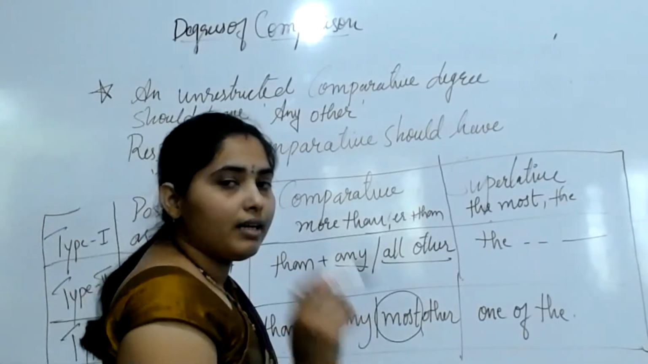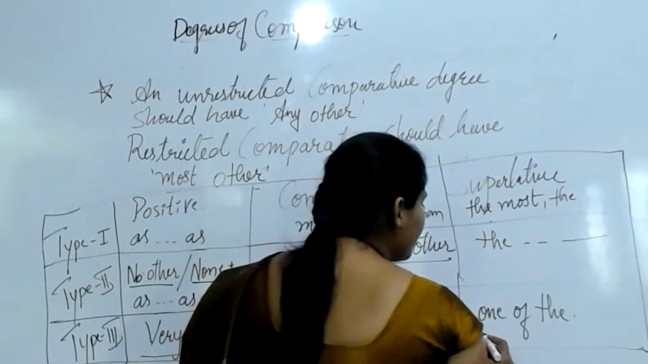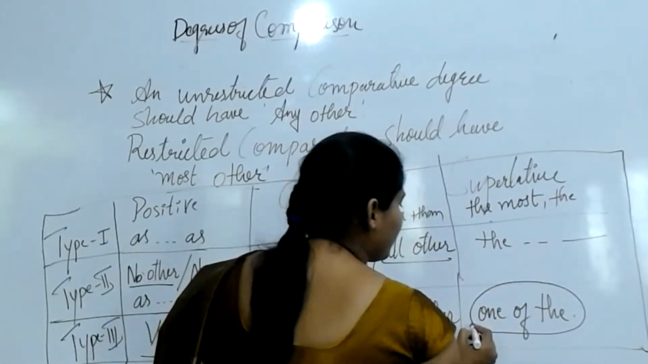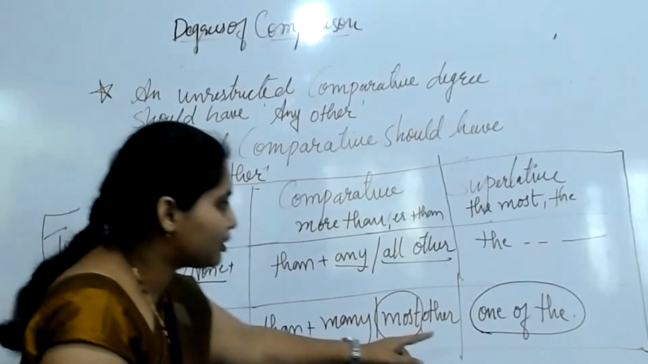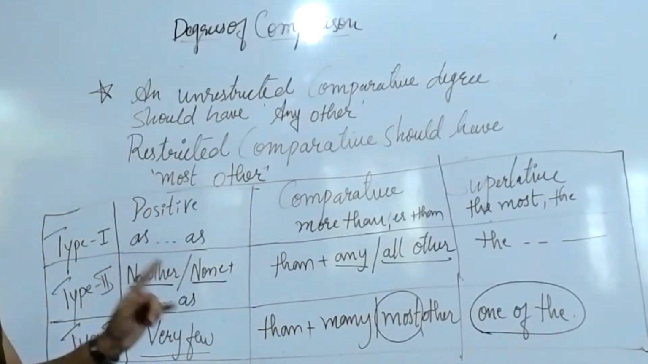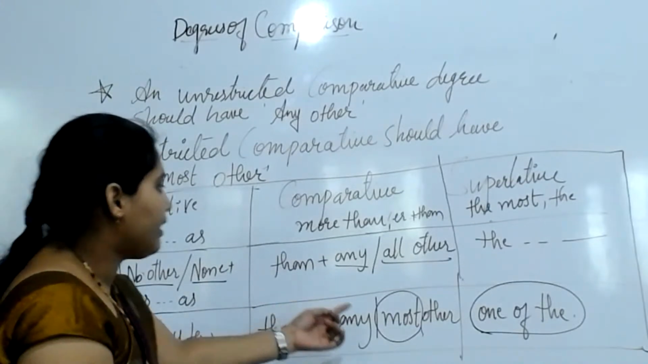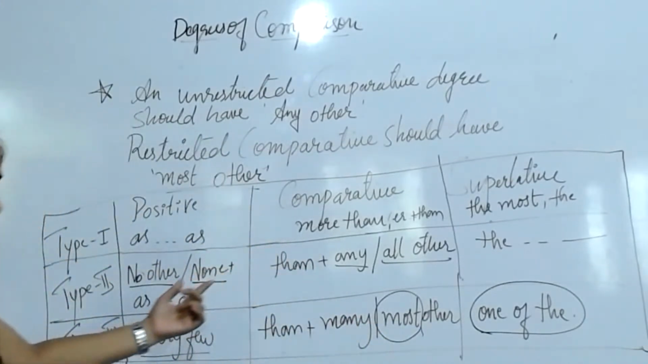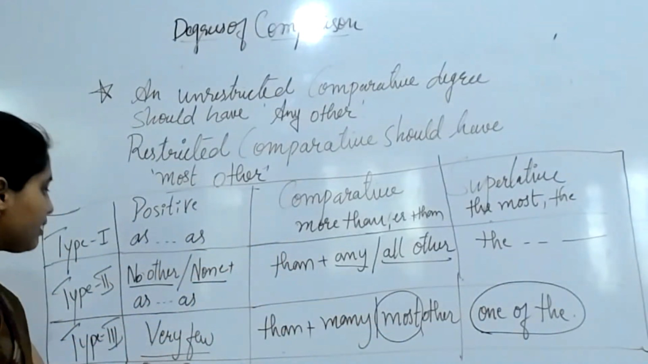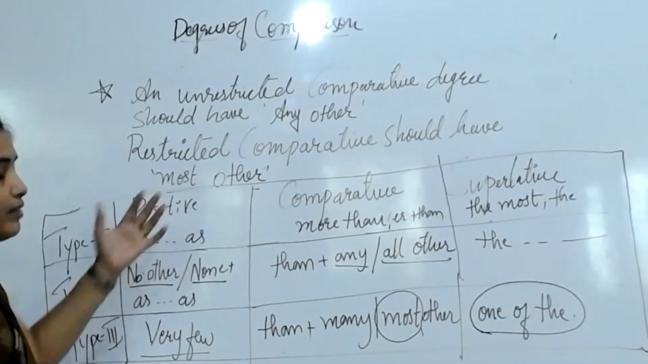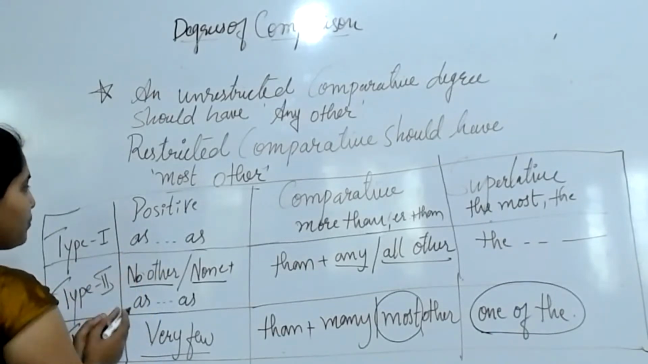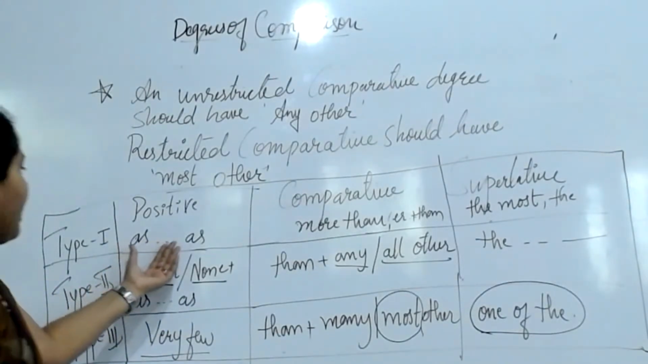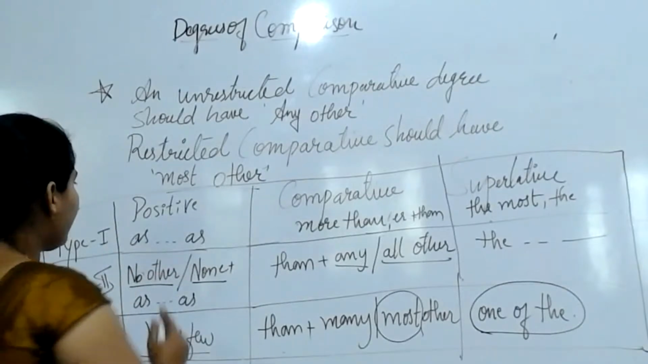And another most important thing is you should write one of the in the superlative degree, and most other in the comparative degree if the positive sentence begins with very few. And if the positive degree starts with as, with an adjective in between,